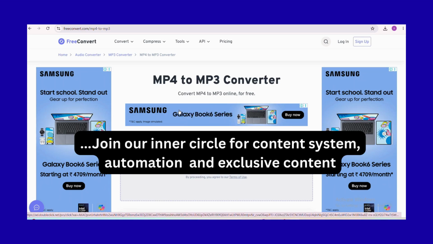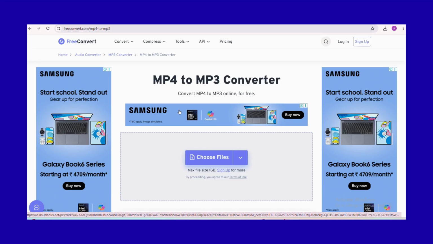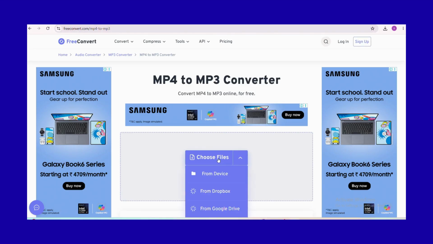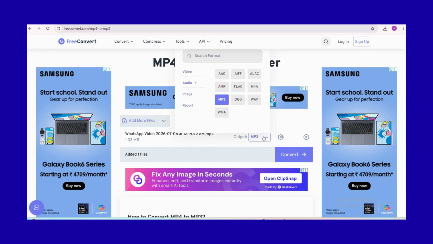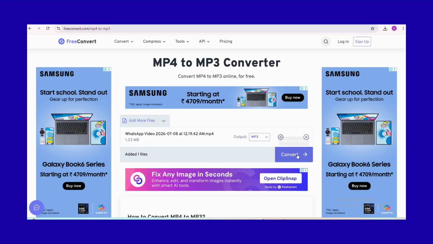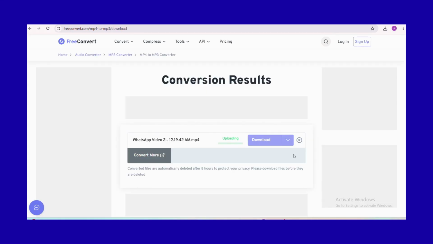This is how you convert MP4 file to the MP3 completely for free, and you don't need to sign up. So go to this website and choose your file. This is my file. Now choose the output, which is the MP3 in our case,